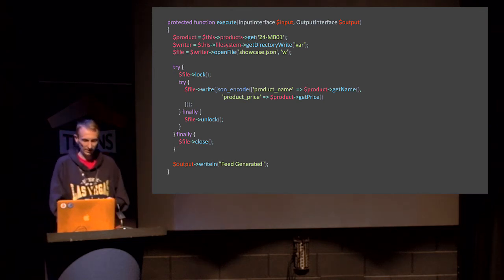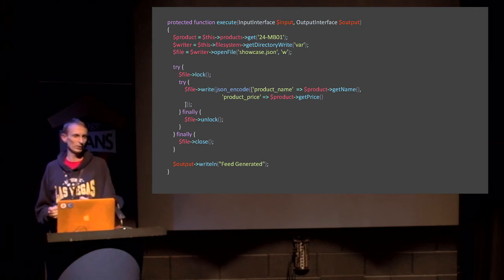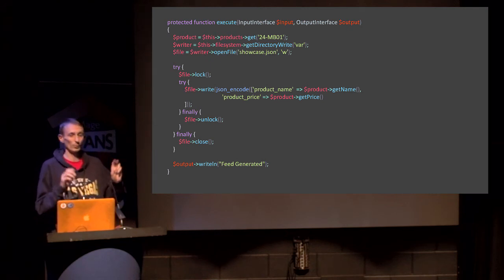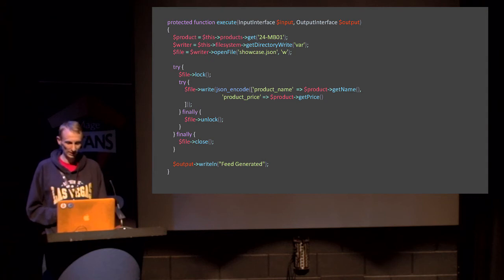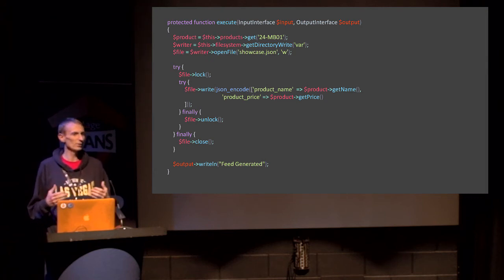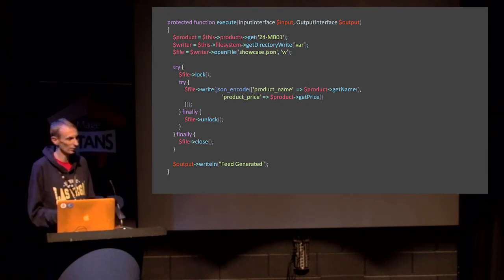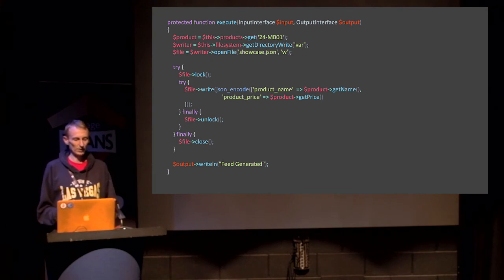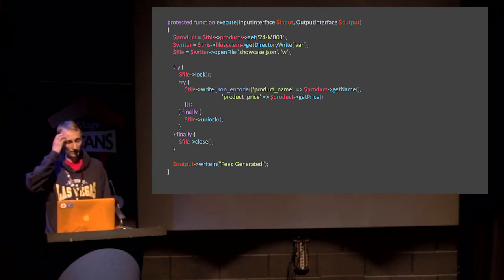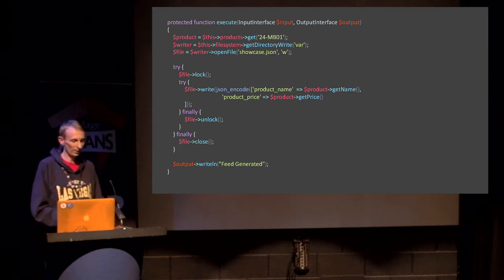What we're doing here is calling the product repository to get us a single SKU, because it's a Google special product feed that just does an individual showcase. It calls the file system writer. So we're using convenience here. We're not actually implementing any of our own writer objects or handling anything ourselves. We're using the convenience from the framework. So we're using the open file methods, we're locking the file, we're using JSON encode, and we're spitting the file out.